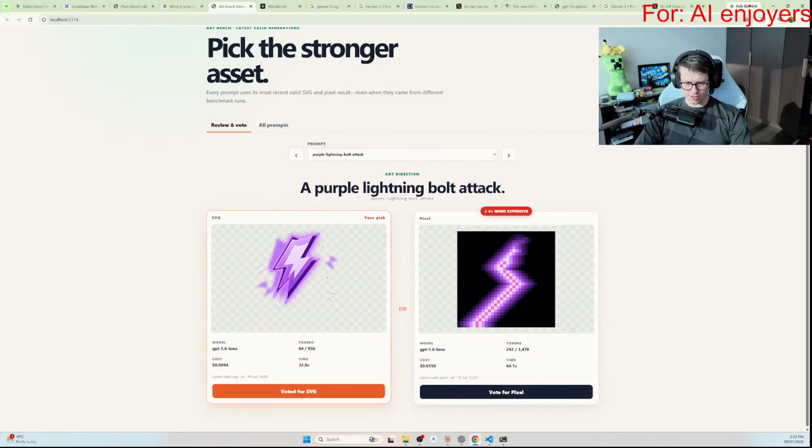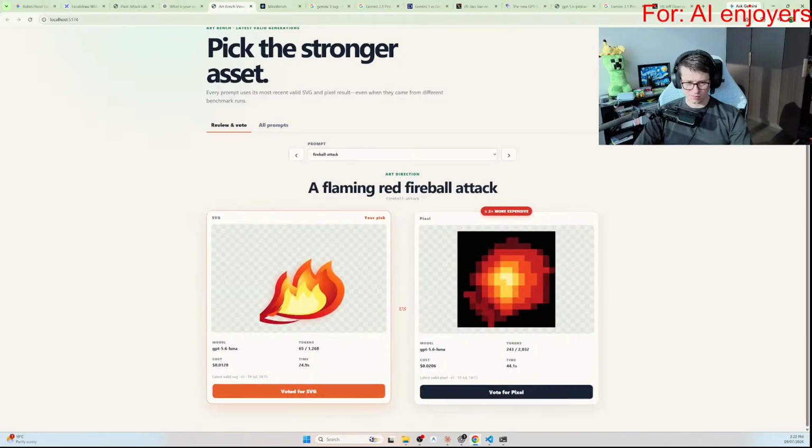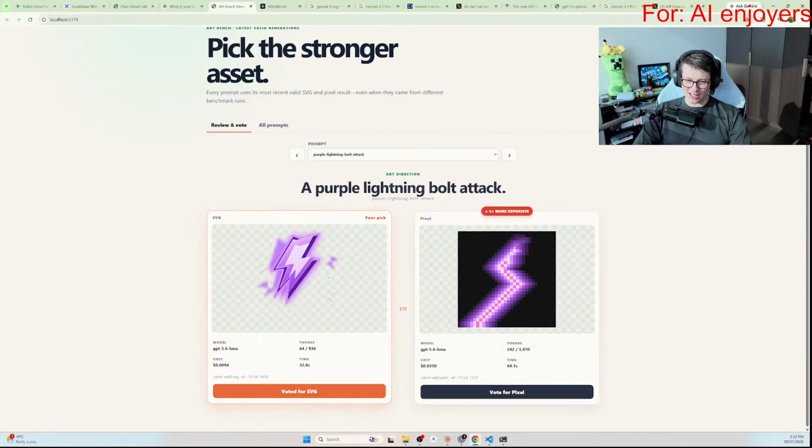So pixel art versus SVG, I'm already happy with SVG as the format, both from a time, tokens, cost, quality perspective, and just knowing that it's more common. And then the only other thing I want to know is what model would I actually run this with,